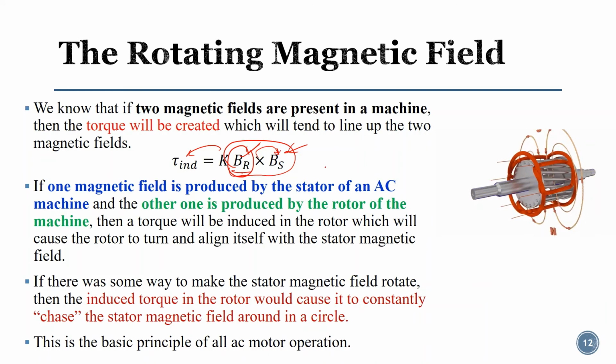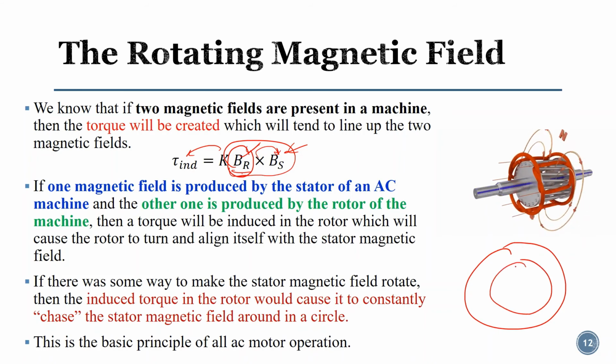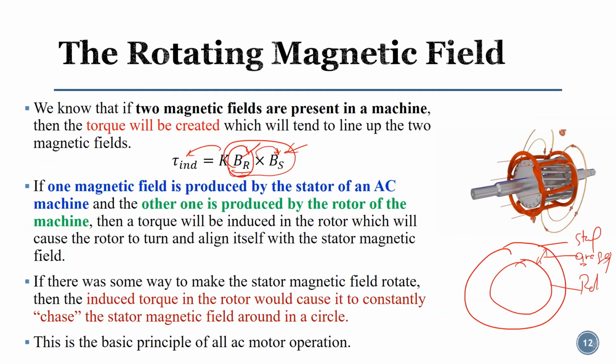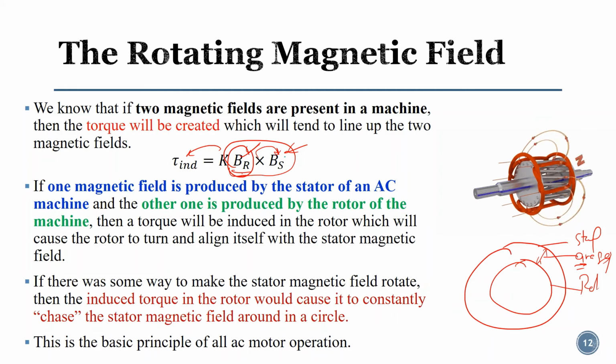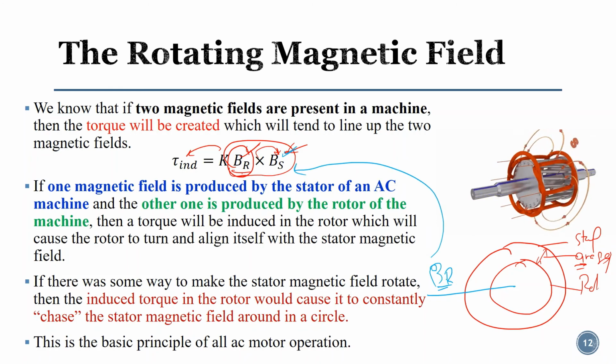And one very important thing is here. We have a stator, and we have a rotor here. In the induction machine, for example, this is the stator and this is my rotor. We have a small air gap here. This air gap is used so that the rotor can rotate freely. This is a very important thing. Now the rotating stator magnetic field will induce the rotor magnetic field. Because the rotor magnetic field is being produced by the stator magnetic field, the rotor will start